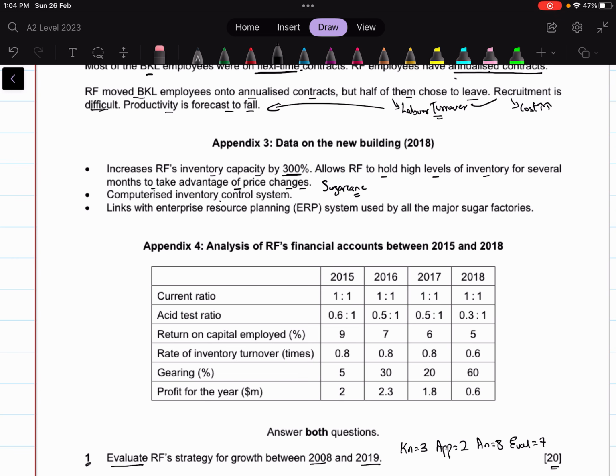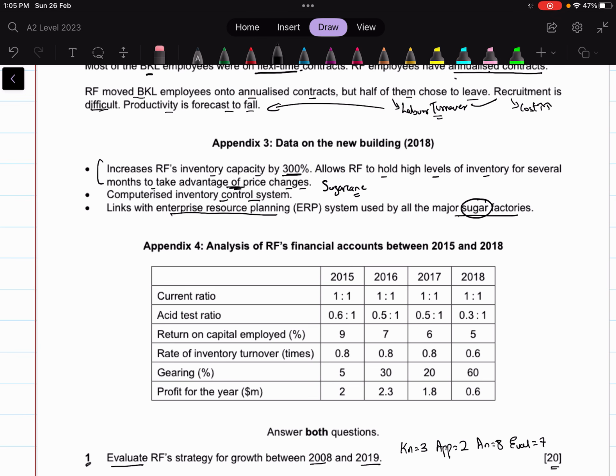So computerized inventory control system to manage the excess inventory that you're going to keep. And then the business does suggest an implementation of ERP used by all major sugar factories. So we can see that this business has moved towards secondary sector as well. So much would depend upon the benefit of this point, much would depend upon how timely the business had converted the sugarcane into